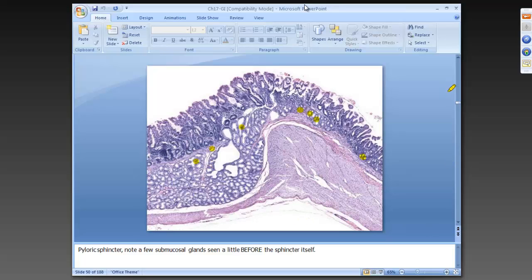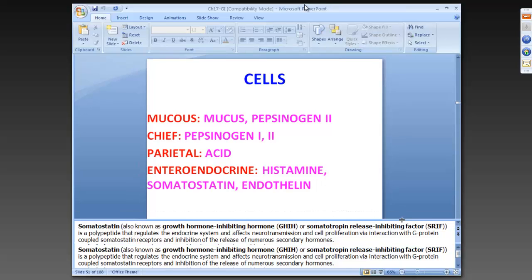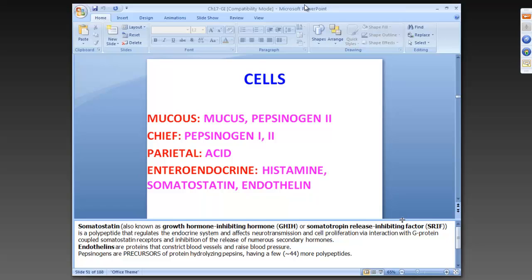Going back to our presentation, cells: you're going to have mucous cells, chief cells, parietal cells, and enteroendocrine cells, which produce histamine, somatostatin, and endothelins, each cell with what they produce. And somatostatin, which is also known as growth hormone inhibiting hormone, GHIH, or somatotropin